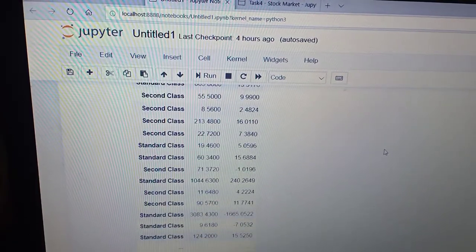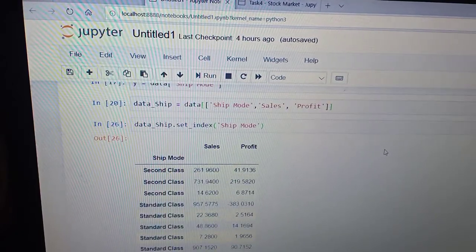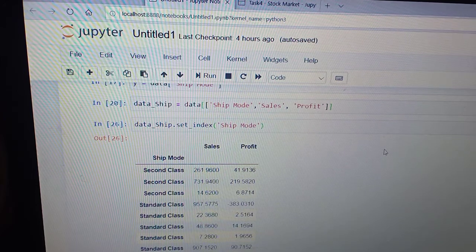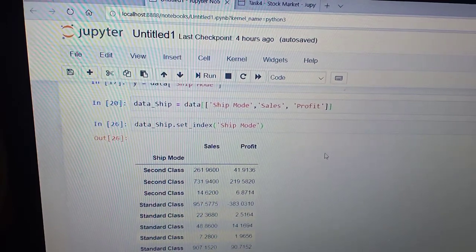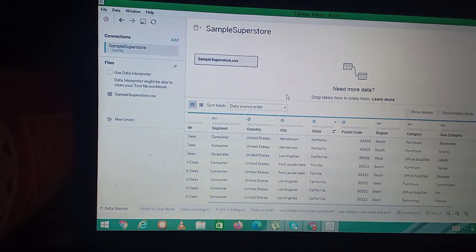So as I did not have any training on Tableau, I never used it. So I decided to give a shot at it, and I tried to see what I can do with Tableau, how I can learn it. So next thing I've done is with Tableau. So this is what I've done with Tableau. I learned it in almost half an hour, and I tried to do it. This is my first thing that I'm doing on Tableau. I just installed it and I did it, and now I'm recording it.